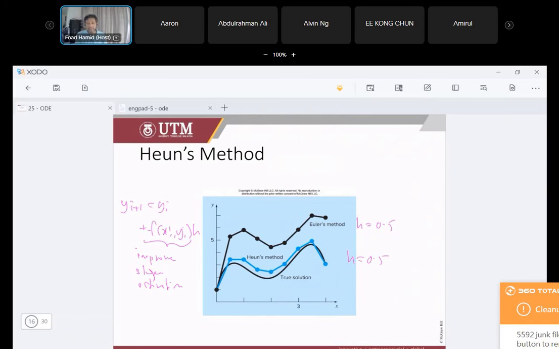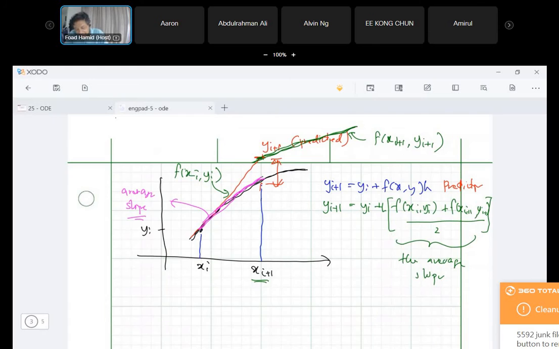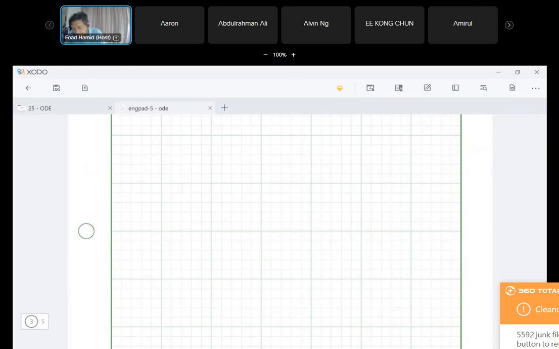The next one is, okay, so this is the cycle. This is the cycle of Heun's method iteration. So what I just showed you is one step Heun's method. Okay, let's talk about multiple steps or multiple iterations. So if we do multiple iterations of Heun's method,